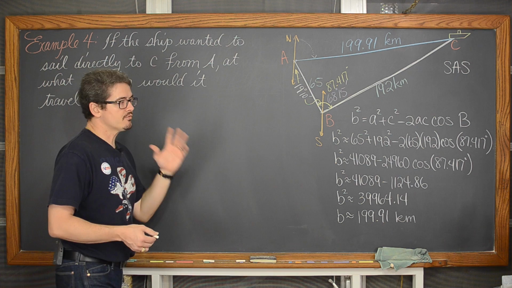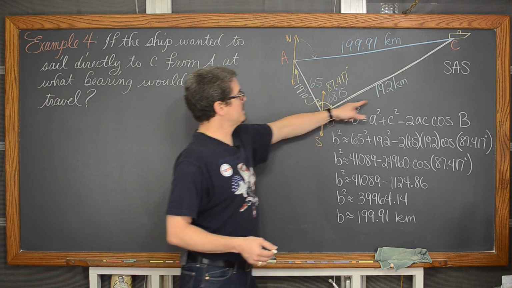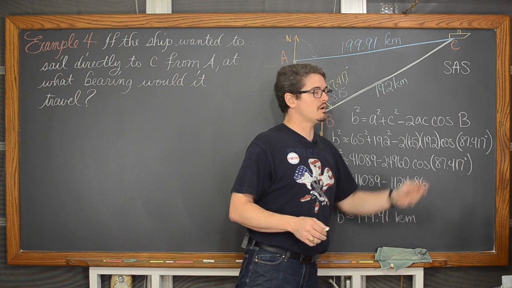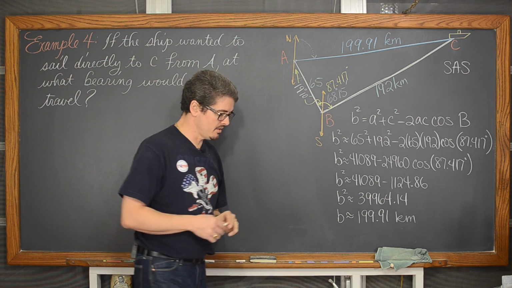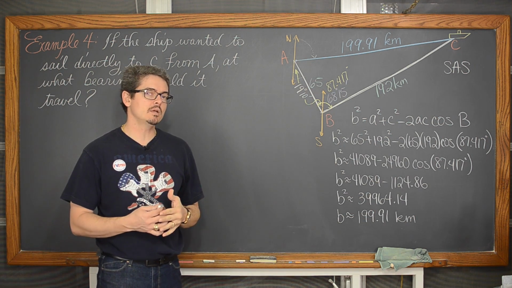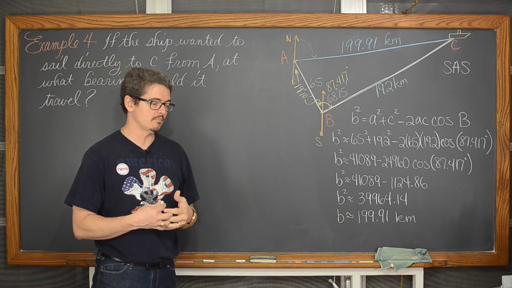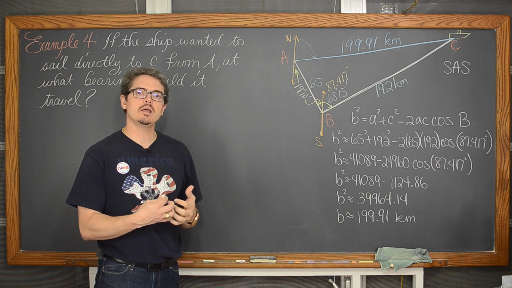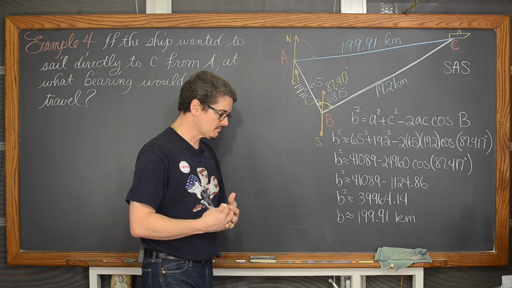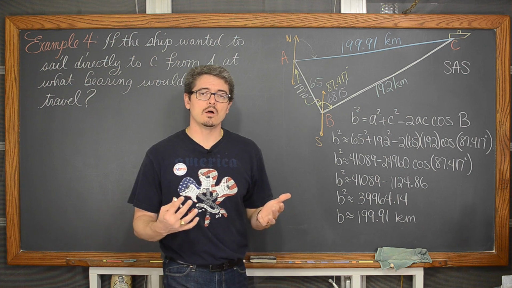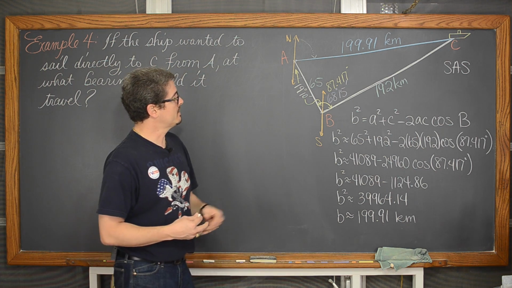Now, with all the information given, we know all 3 sides of this triangle. We can use the law of cosine to find that missing angle. And at times, it would be a very good idea to use the law of cosine to find a missing angle inside of a triangle. Indeed, it might be a safe bet to simply always use law of cosine to find missing angles